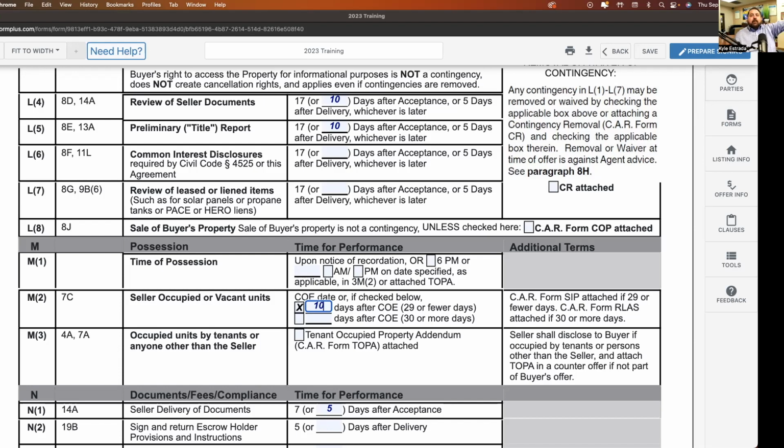So why do I put myself as buyer's agent in a position where I have buyers going, hey, we want to move in. Can we move in today? Can we get our keys? When are we getting our keys? Has the seller moved out yet? Why do I want to do that to myself? If I do things the right way and have conversations with my buyers from the beginning, I don't have to deal with that as much.